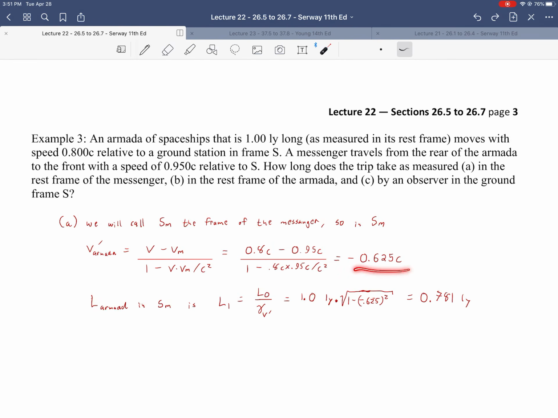So the gamma that I have, I'm going to use for the relative velocity. Notice here, I take the rest length of the Armada in its own reference frame. So really, calling it the rest length, I should be calling it